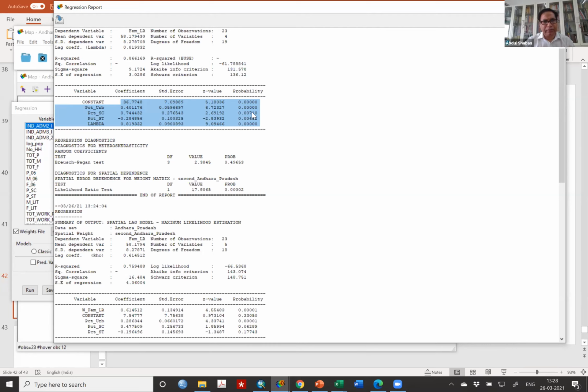Just experiment, and try to read from the GeoDa workbook which is given to you. I mean, you may have downloaded that. Just read it. Read the paper on regional analysis which I gave to you. So you do this, and you will find this kind of change in the coefficients. Look at here and look at it here. They are significantly changed. I mean, we are just doing things randomly and they show considerable change.